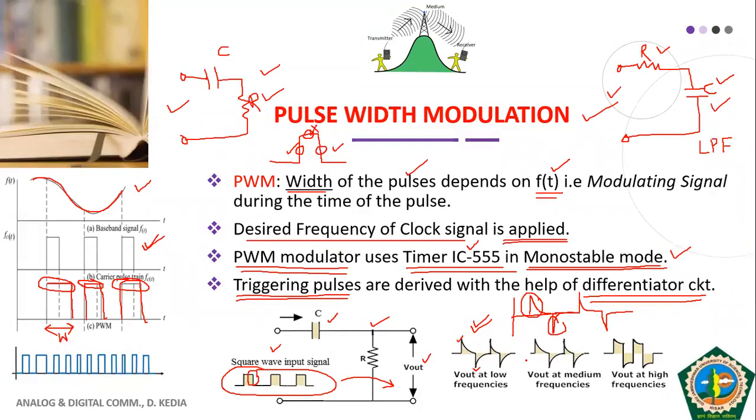I hope all of you have been understanding this. These are known as triggering pulses. And if you reduce your time constant, then you can give it a shape of almost an impulse. If this time reduces, you will get very sharp edged pulses like this, which resemble impulses. So I hope all of you followed the working of the differentiator circuit, and you also followed the generation of triggering pulses. Next.